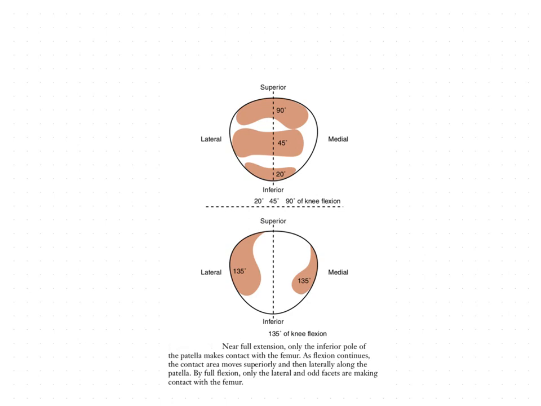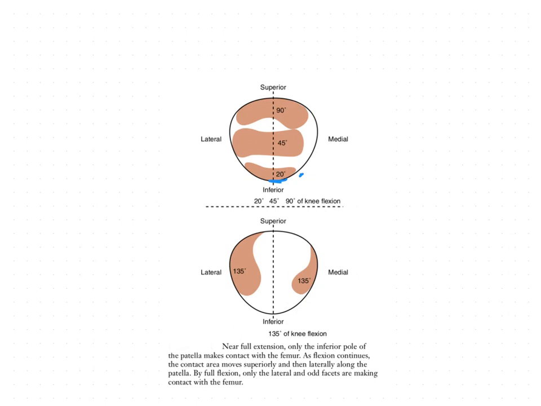So here in this picture you can see when the patella sits in the femoral sulcus in the extended knee, only the inferior pole of the patella is making contact with the femur. Okay, as the knee begins to flex, the patella slides down the femur, increasing the surface